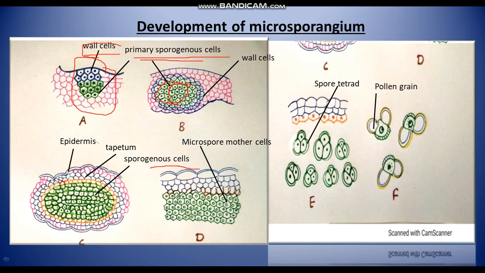These primary sporogenous cells divide irregularly and form sporogenous cells. After some time, sporogenous cells will change into microspore mother cells, and also you can see here the tapetum. This tapetum is formed by the inner layer of the wall cells. These cells are diploid in nature. Here the cells are diploid. These are also diploid. In this diagram also diploid, and in this diagram also we can see diploid cells, and there only mitotic division takes place. But